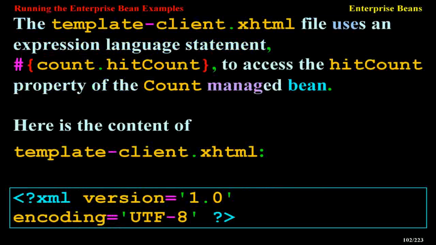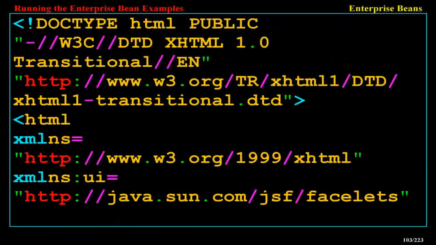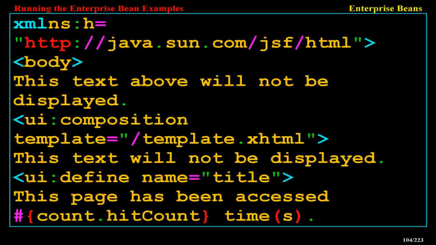<?xml version="1.0" encoding="UTF-8"?> <!DOCTYPE html PUBLIC "-//W3C//DTD XHTML 1.0 Transitional//EN" "http://www.w3.org/TR/xhtml1/DTD/xhtml1-transitional.dtd"> <html xmlns="http://www.w3.org/1999/xhtml" xmlns:ui="http://java.sun.com/jsf/facelets" xmlns:h="http://java.sun.com/jsf/html"> <body>